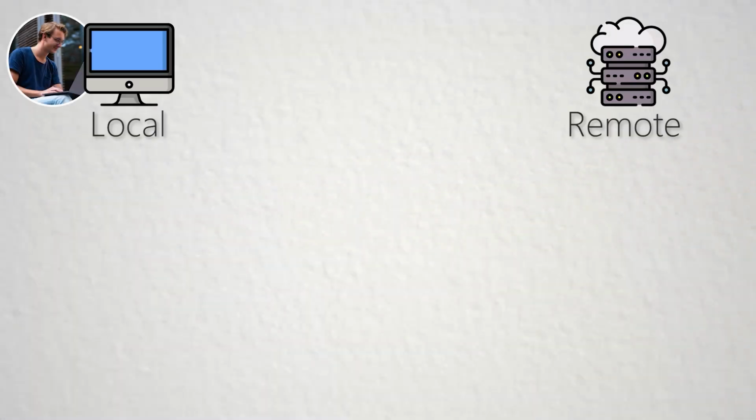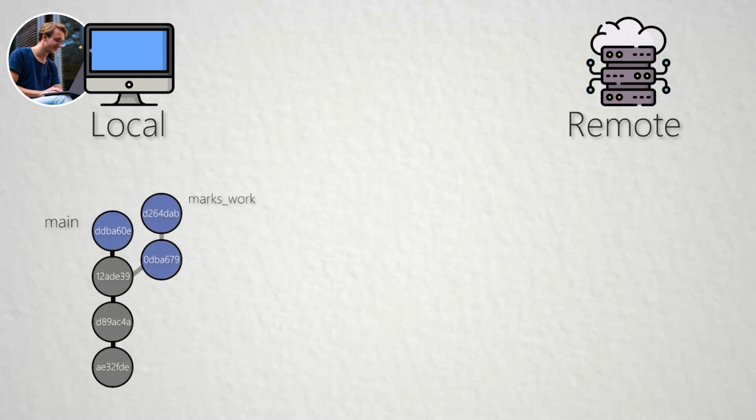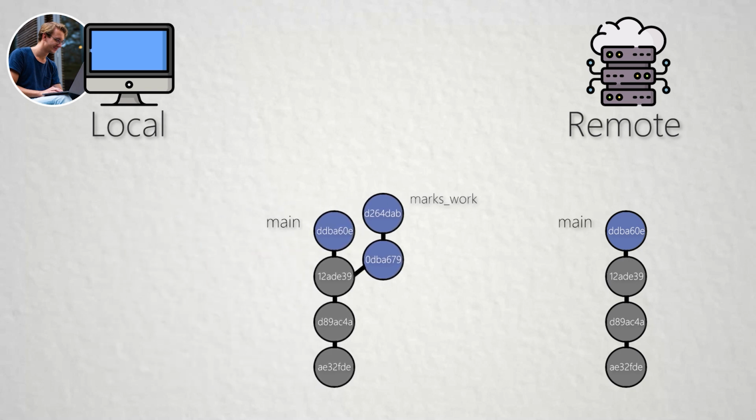So to explain what rebase means, we need to have a look at the current state of Mark's local repo. Since Mark just did a git pull, his local main branch is identical to the remote, but the main branch and Mark's work branch have now diverged. If Mark wants to incorporate his changes into the main branch, he could perform a merge, but doing so leads to a more complicated and non-linear history of events,